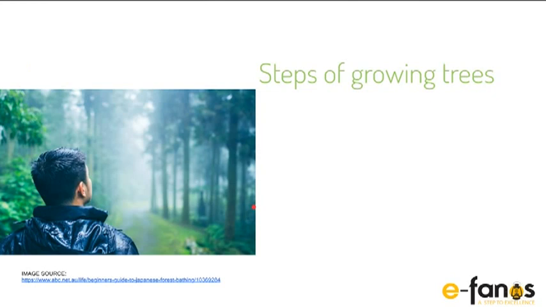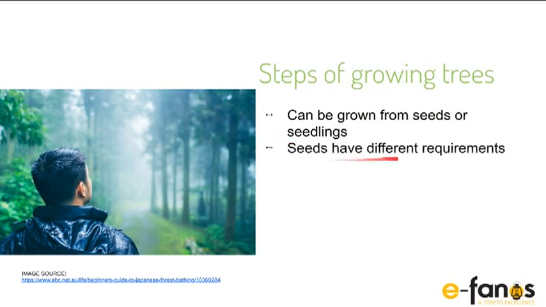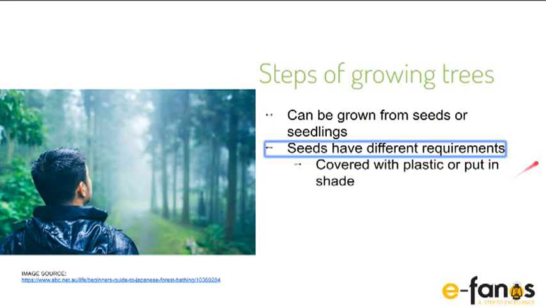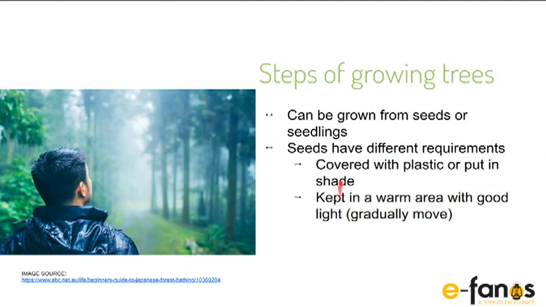So, what are the steps of growing trees? Well, trees can be grown from seeds or seedlings, which are small versions of the plant. Seeds have different requirements, so let's just talk about a few of those. They need to be covered in plastic or put in the shade, and kept in a warm area with good light. Gradually move them. And it's important to keep the soil moistened, as well as protect them from getting stepped